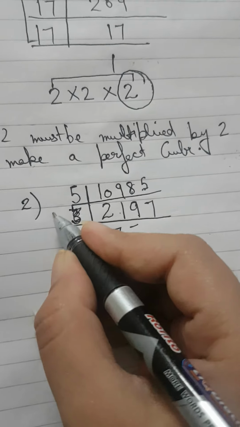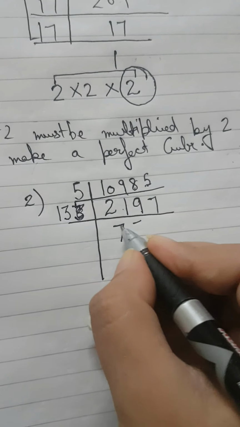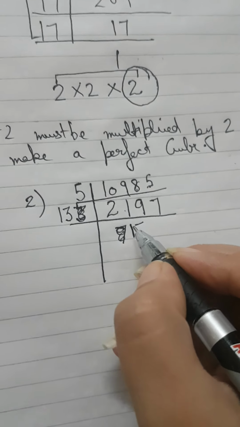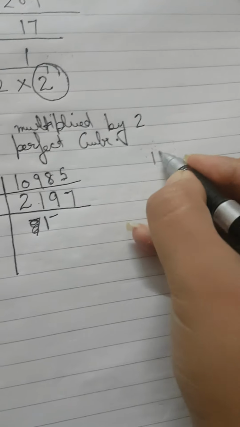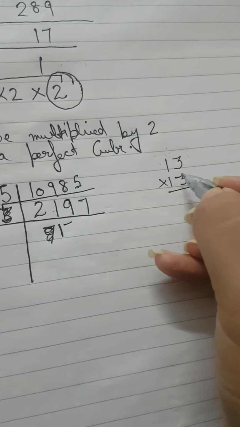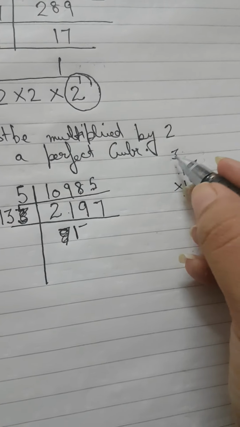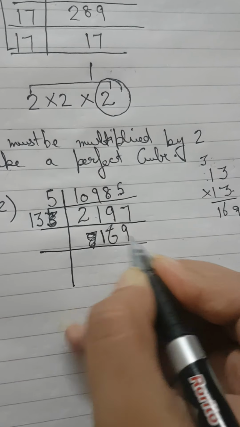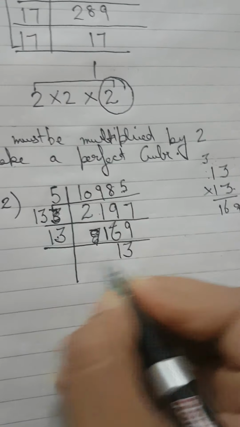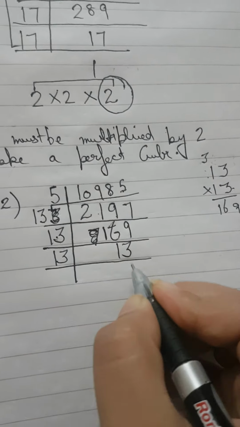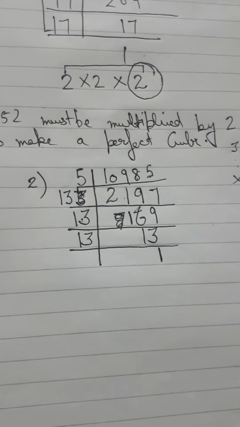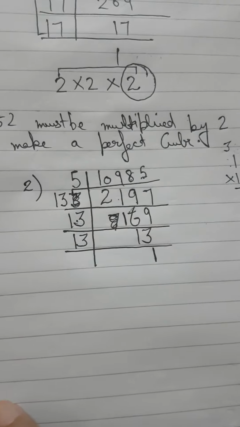2197, it doesn't go by 3. 13. Let us see. 13 1s are 13 and you are left with 889. It will go by, let us see, the square of 13. 39. 13 1s are 13. It will come 169. It will go by 169. Okay, now you know that it is the square of 13. 13 13s are 169 and again 13 1s are 13. When you get stuck at such numbers that don't go, please check your prime numbers. In that case 99% it goes by a prime number.